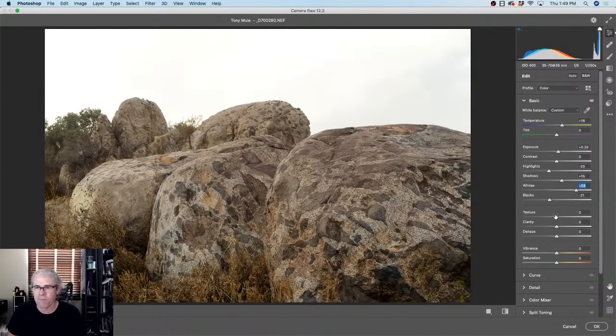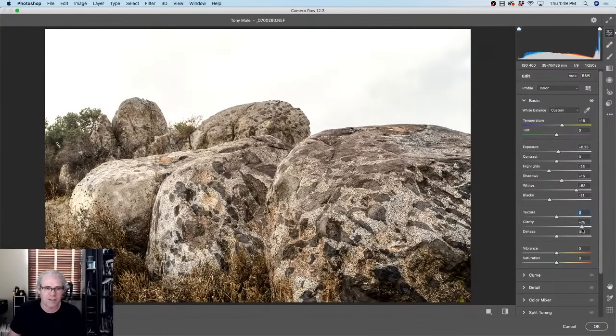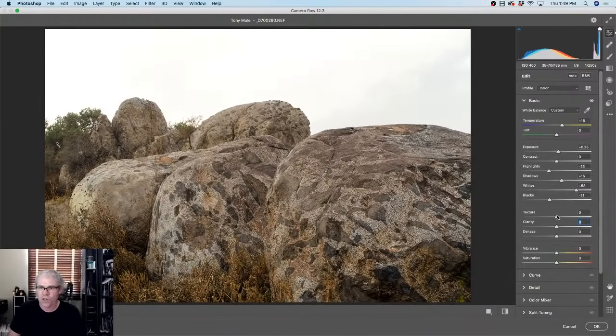And the one that's really going to make a big difference here is texture. As I increase that texture, see how it's making the texture look good in these rocks. That's a newer adjustment. Back in the day, we just had clarity. And if you look at what clarity does, it gives it a punch, but look how it whitens the highlights. It kind of destroys the colors in the highlight areas. Whereas with the texture here, see how it brings out that surface texture without